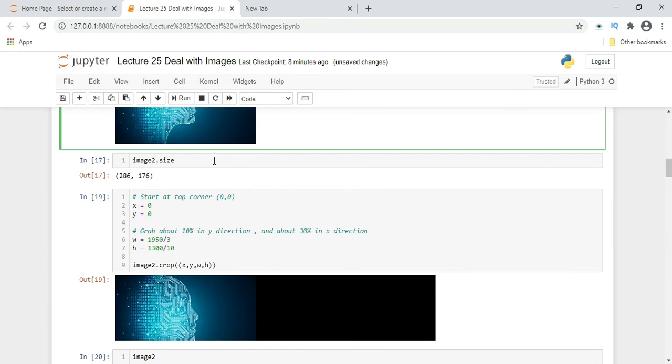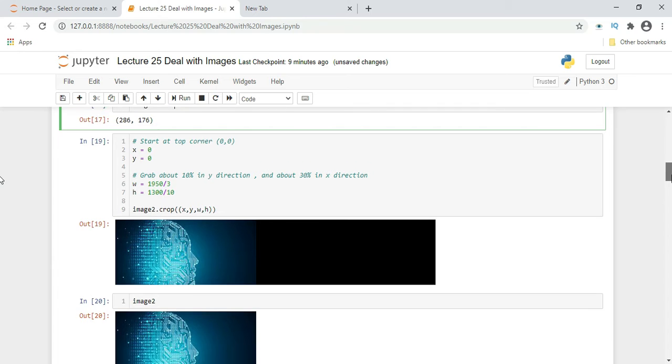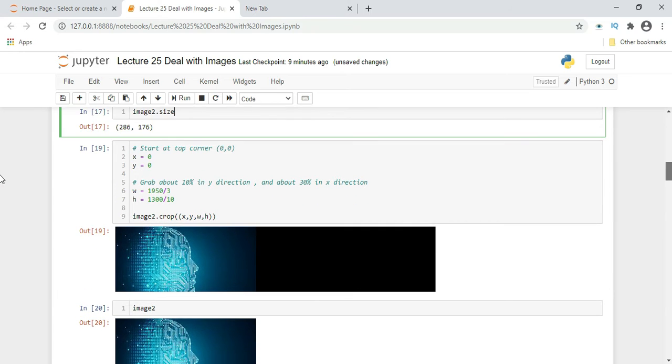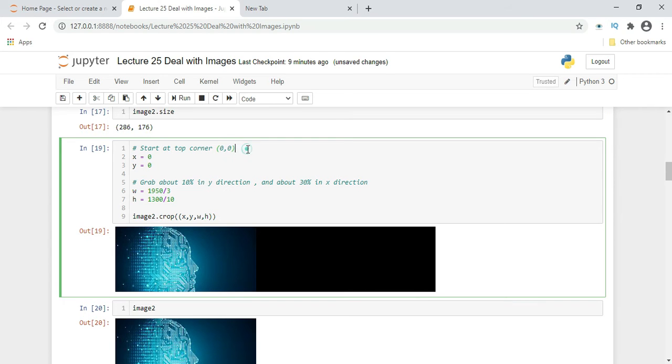Same thing here, we are again checking the size of an image, so there is no major difference: 268, 176 is the size. Now we will make some changes in this size, width and height, with coordinates, where we will be able to make it smaller or larger by using the crop function. So start at the top. 0, 0 will be the top left corner.